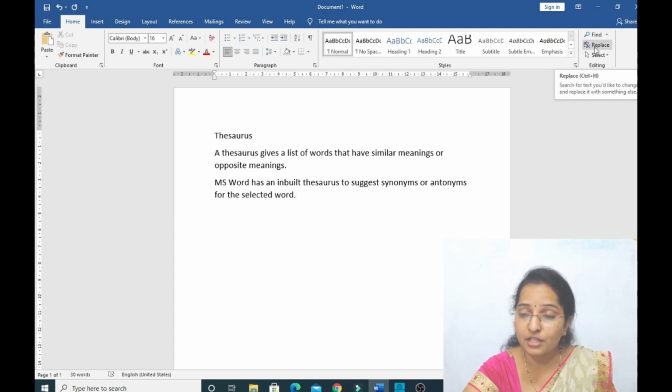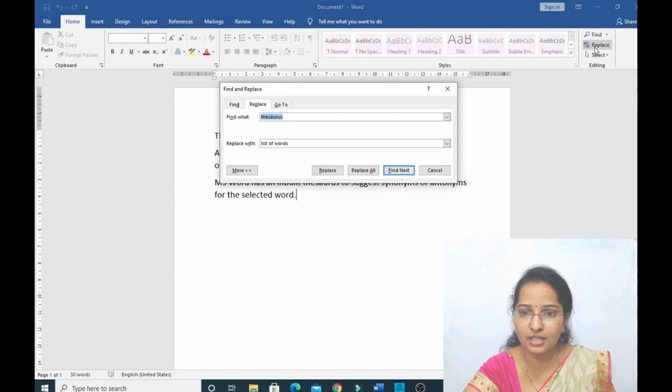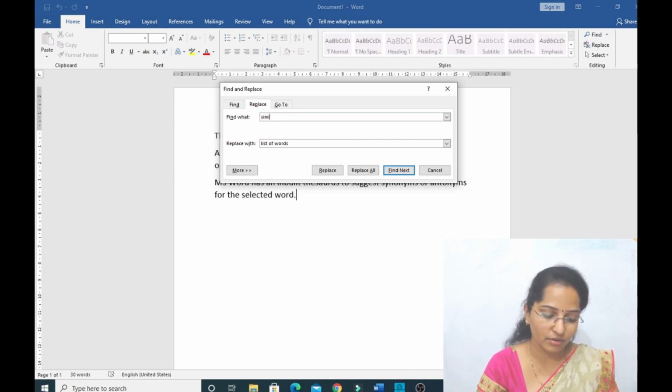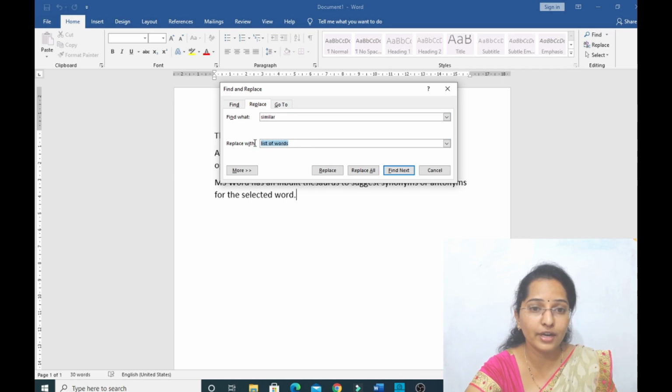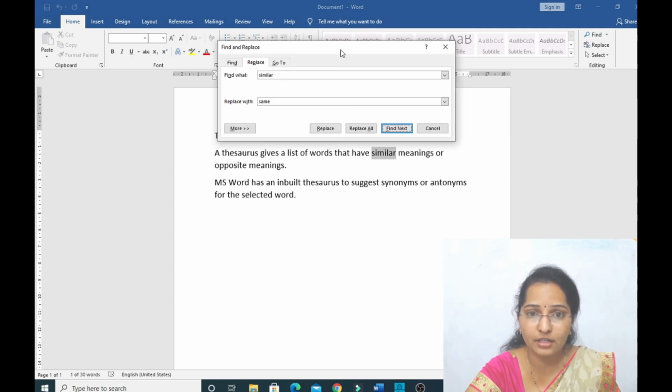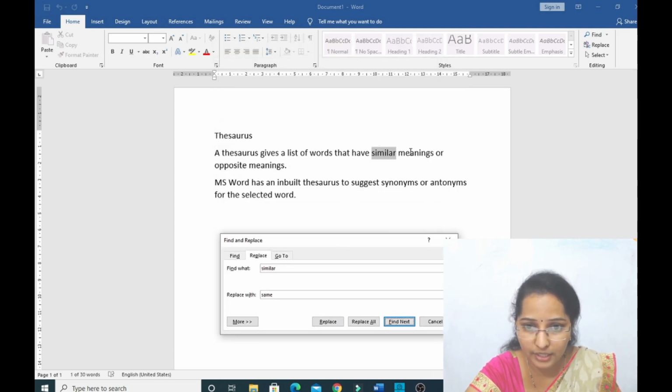Second option, replace. For replace, we are having shortcut key as Ctrl+H. Click on this. Now, what you have to do? Find what? I want to find similar word. I want to find that word and I want to modify that word as same. First, what I have to do? Find next. Where is that word? I want to see. Here.